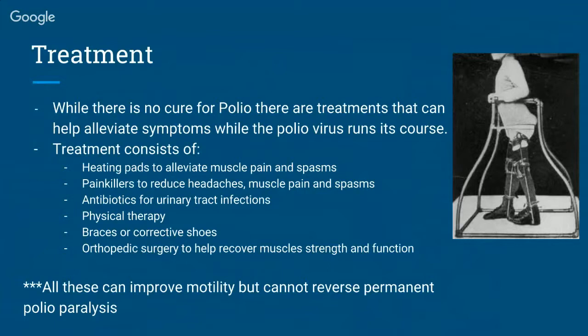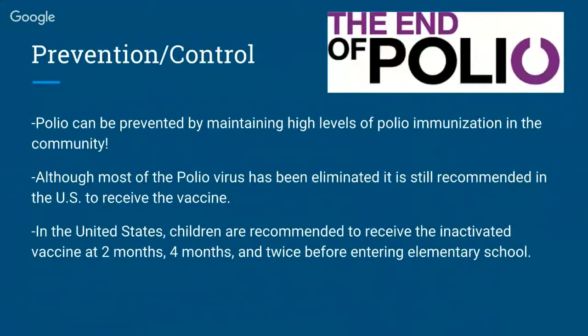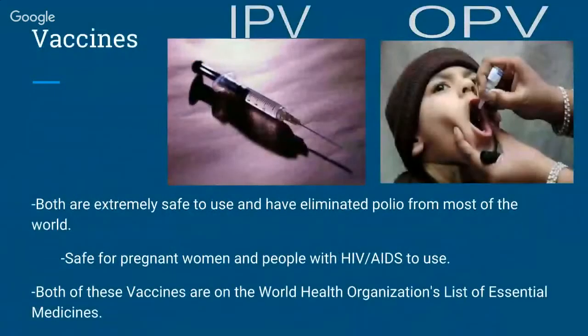damage done. So with prevention and control, simply put, polio can be prevented by maintaining high levels of polio immunization in the community. Although polio cases are very few in the United States, it is still recommended to receive the vaccine. The vaccines should be taken at ages 2, 4, and twice before entering elementary school. So there are two types of vaccines,